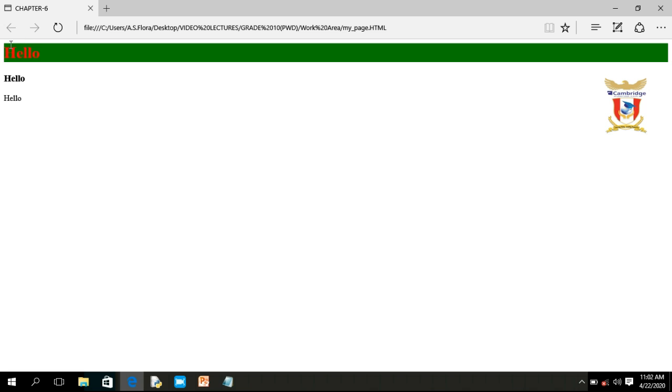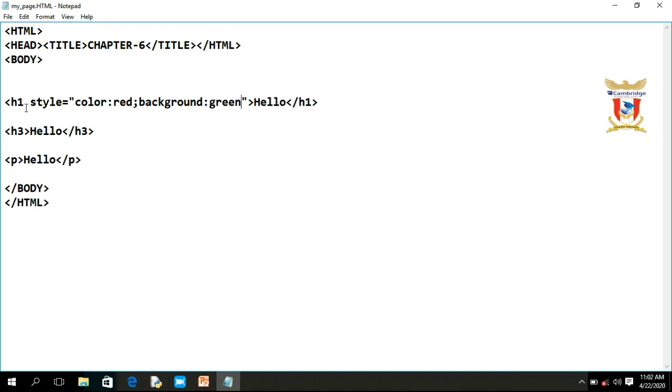Then the background color of the h1 tag is changed. Next, in the same way you can also change the color or style of any tag, such as the h3 tag, or if I want to apply the same style or a different style on the paragraph tag, then next we have style, color colon blue semicolon